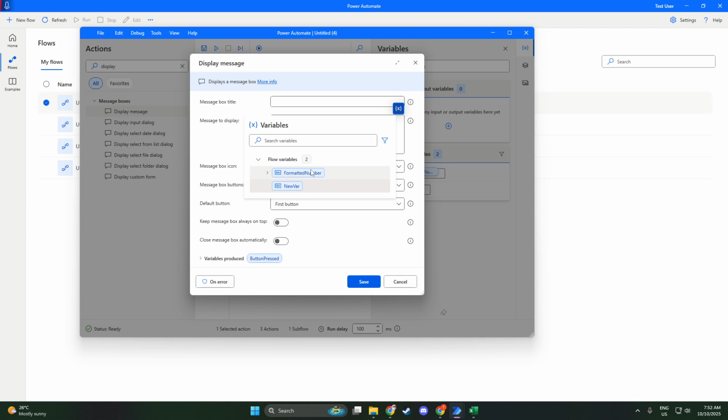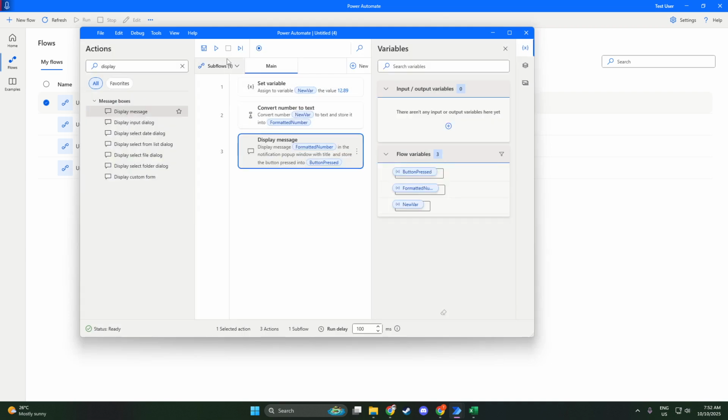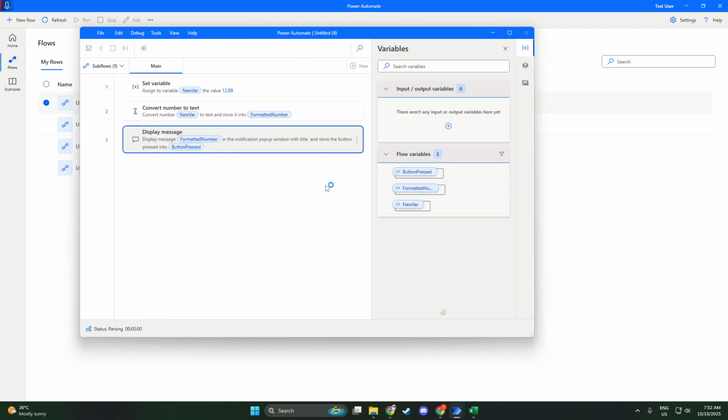And there you have it. You've turned a decimal into a whole number using Power Automate, a simple yet highly useful skill to have in your digital